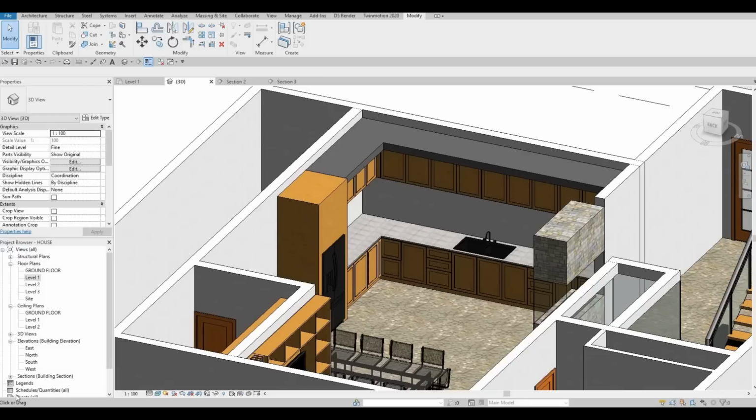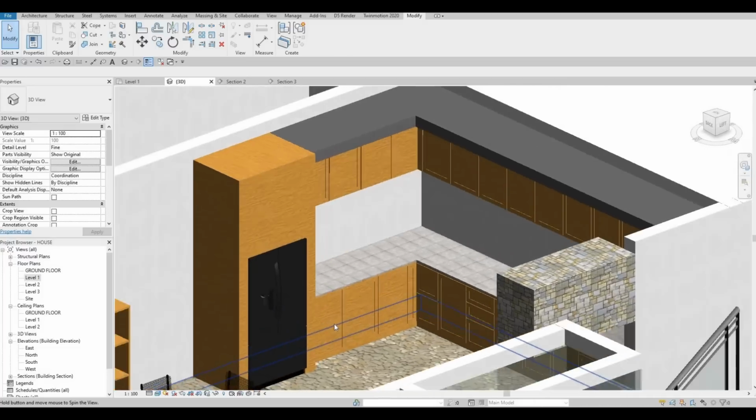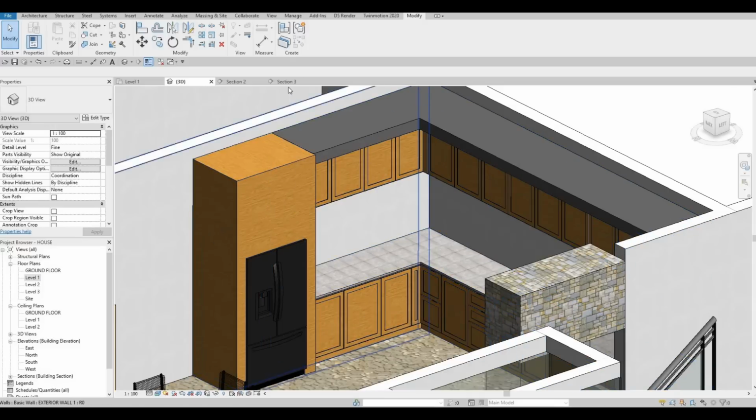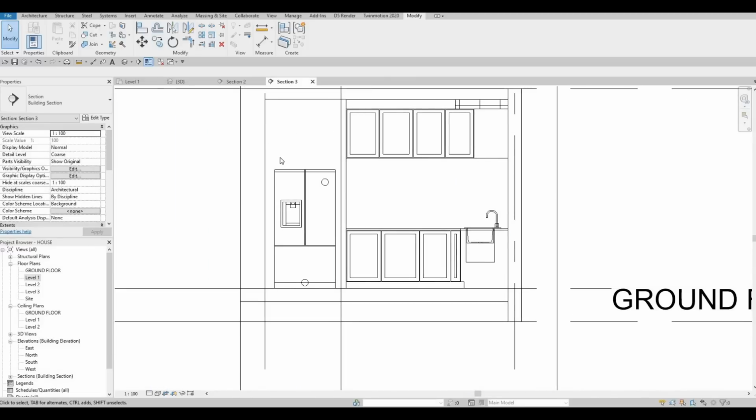So in the last video, we were able to add all the shaker cabinet doors. And as you can see, we created it with an extrusion and then we added void extrusion after that to give that effect. Now we're going to continue working on this. We need to go back to section 3 and then we need to finish up adding all of this right here into our